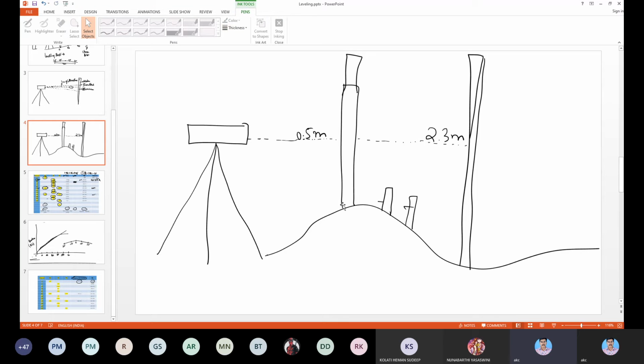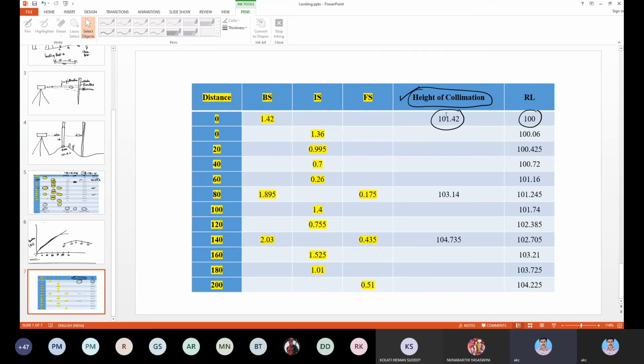If this is where RL is 100, you are seeing somewhere here, which is 1.42 meters above the RL. So the height of instrument will be 101.42.